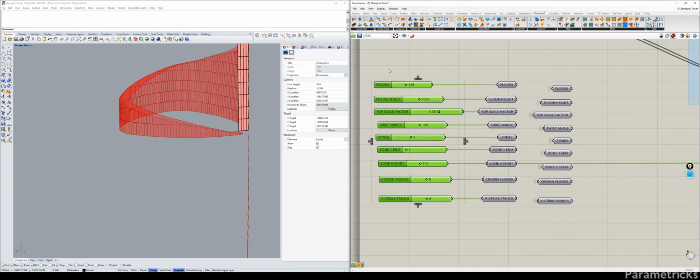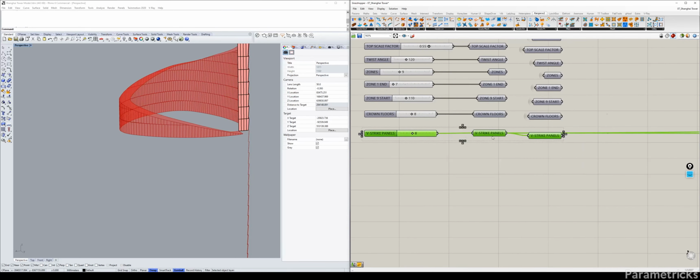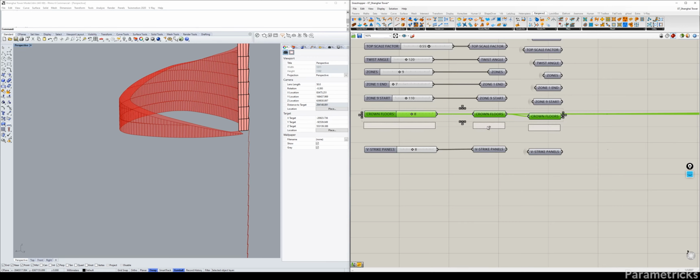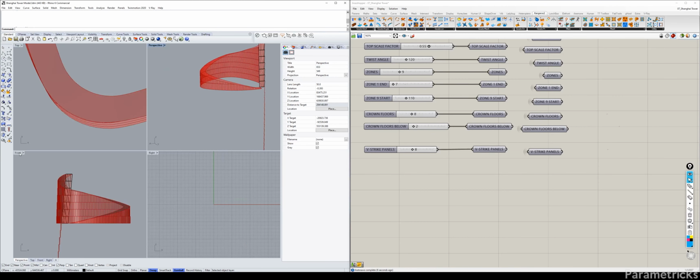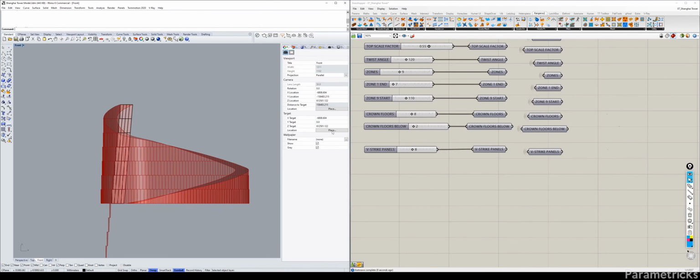Where is the floor? Let me sort this like that. So we have floor height, top scaling, Swiss angles, start, crown, floor. Yeah, so I guess if I were to copy this crown floor below, so this is going to be, let's start with 2 floors, right? We're going to quickly rename all these accordingly. So what we want is this 2, what does that indicate? Well, if I quickly go to a front elevation view,